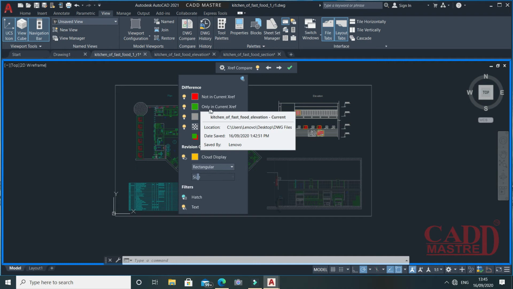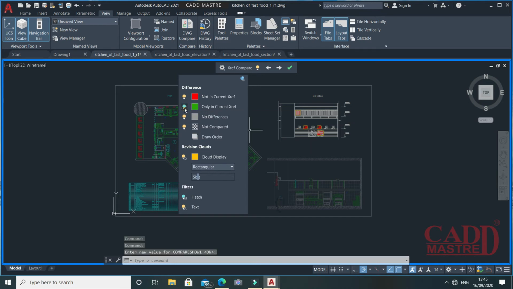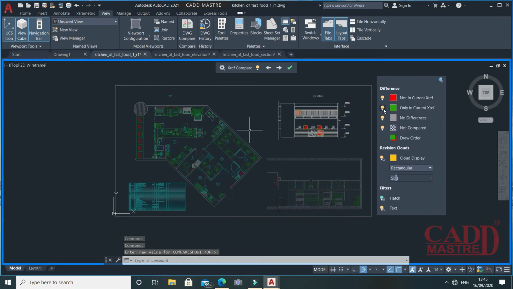Then the second is only in the current reference. If we turn this on or off, you won't find any changes here. If you click here, you will find no differences.